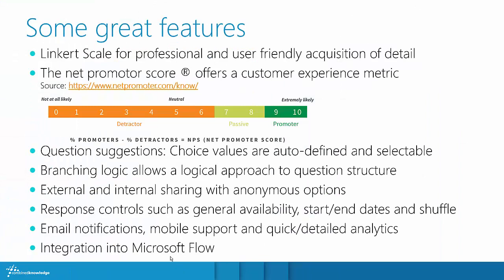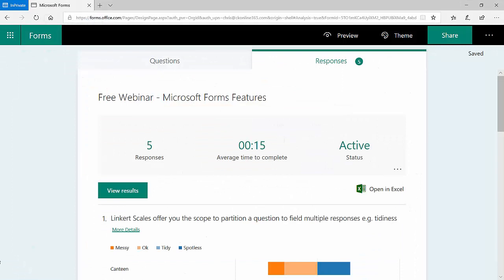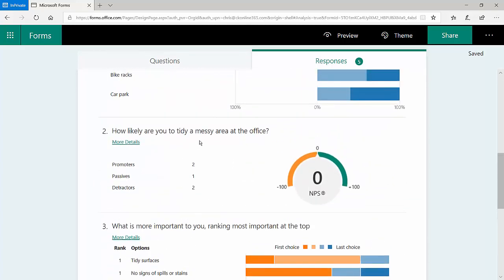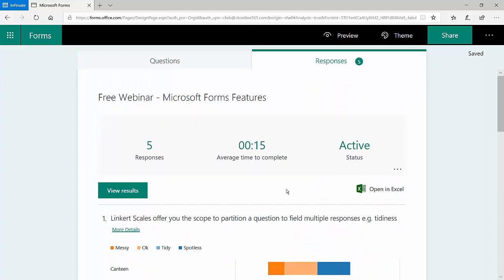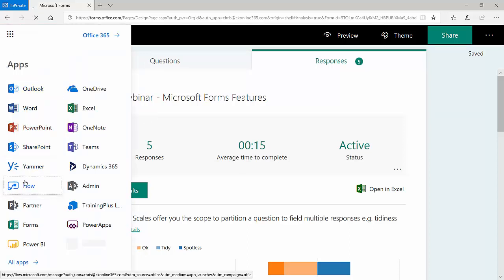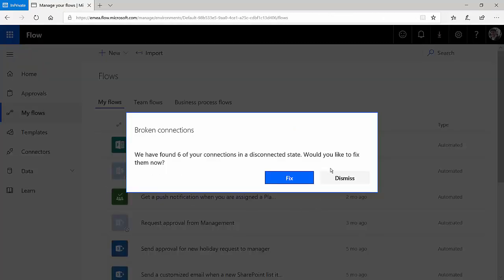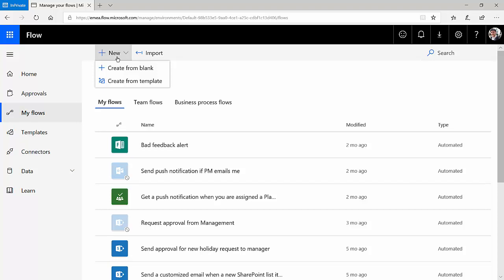If you haven't gotten into Microsoft Flow yet, it's well worth getting involved. The main reason for this is that you could start to trigger business processes from certain choices that are made in the actual survey itself. Let's say, for example, that someone rated their overall experience as 3 or less, we could design a workflow to send us a notification if someone's particularly unhappy with the cleanliness of our offices. The way to achieve that is to open up Microsoft Flow. There are lots of little templates that link directly into Microsoft Forms that the community and Microsoft have created. However, if you wanted to start something from scratch,